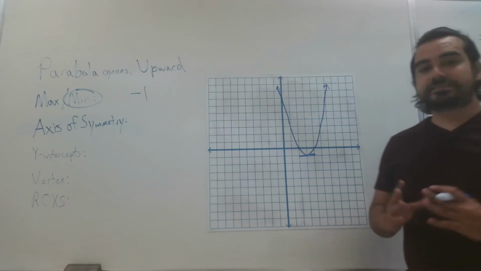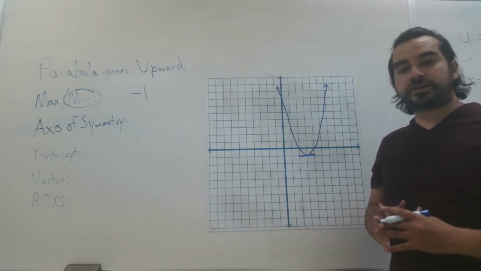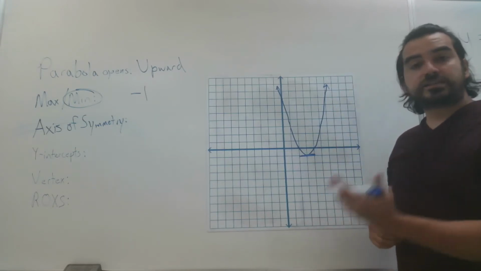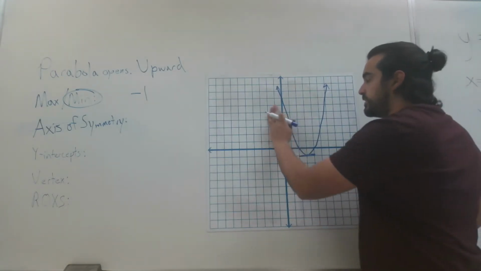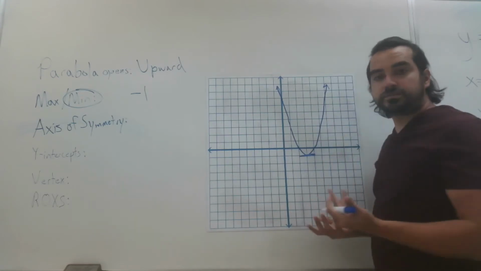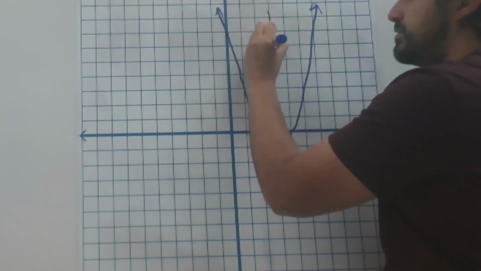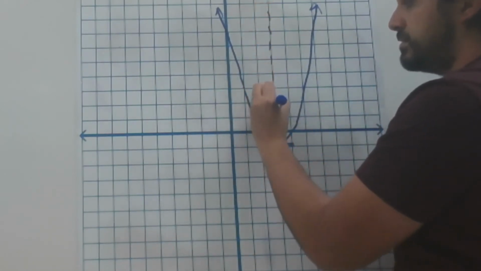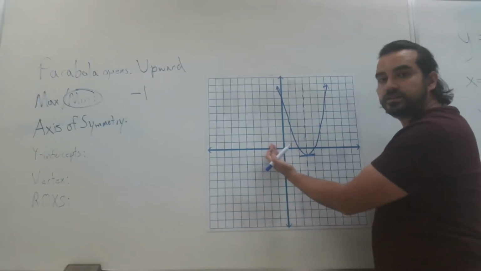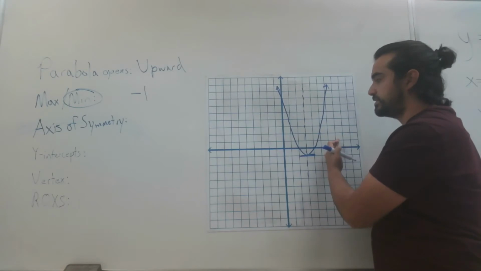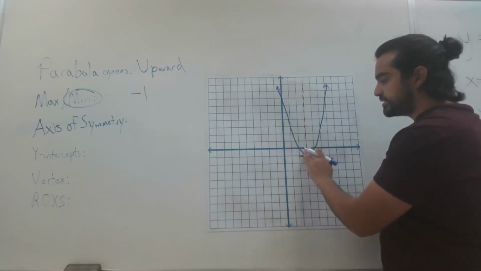Now, axis of symmetry. Remember, when we're trying to get something symmetrical, you're trying to divide it down the middle, where the left side and the right side are both equivalent. In this case, if I want this parabola to be symmetrical, what I'm going to do is draw a line down the middle, so my left side could be identical to my right side. So my axis of symmetry would be, it crosses my x-axis at